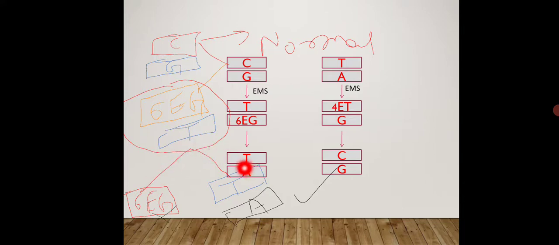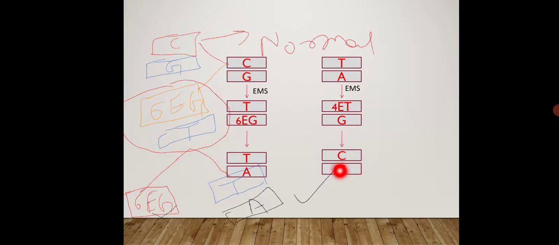Now we will carry out the second replication. The 2 strands will get separated. One will be 6-ethyl guanine. So we will not pay attention to the 6-ethyl guanine because we want to remove this mutated form. And to this complementary thymine there will be adenine. So in this way we get CG to TA, that is thymine and adenine. Same is the case with the second. Okay, how is this TA back converted into CG.